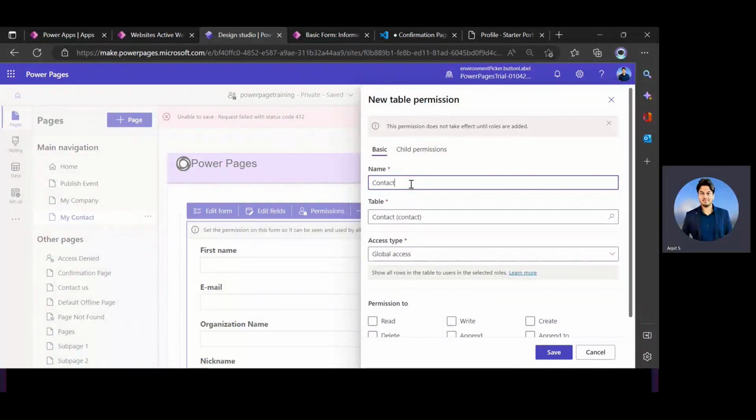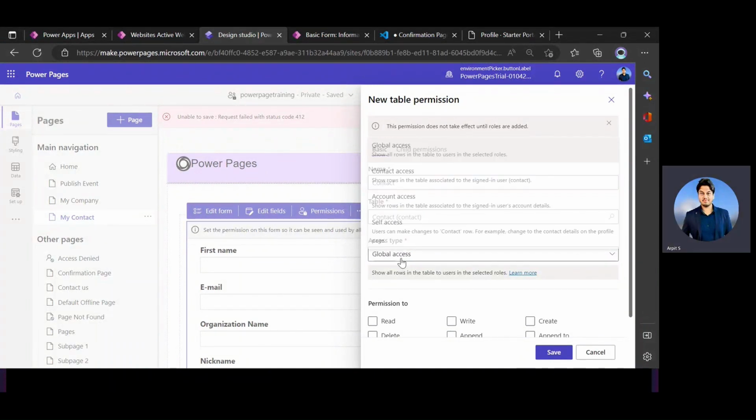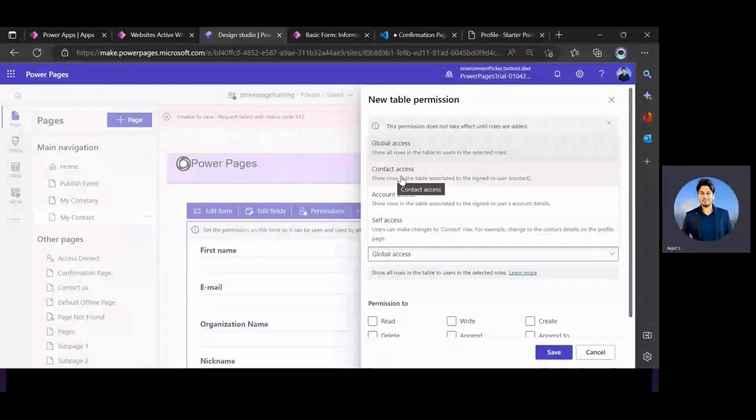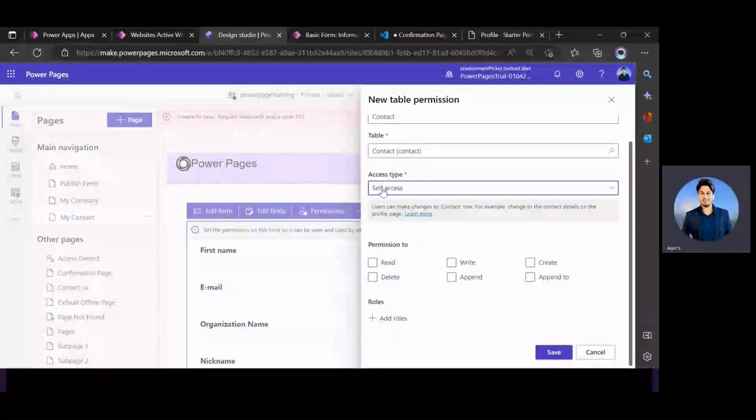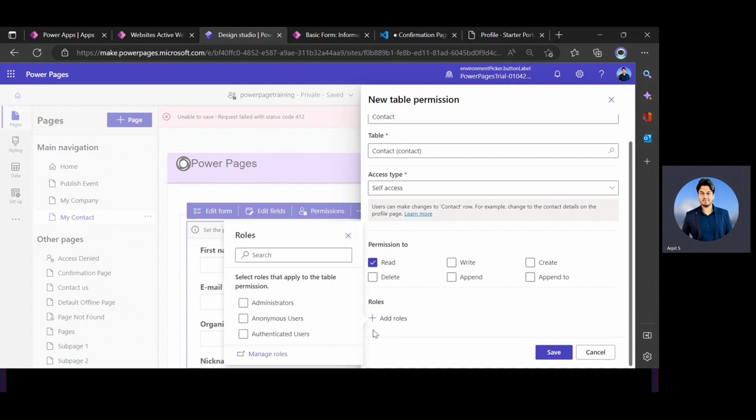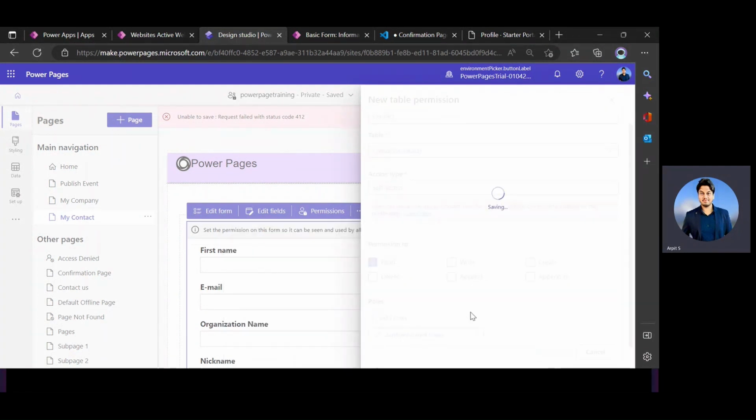Click contact. And here I don't need to provide the global access. I neither need to provide the contact access nor the account access. I can only provide the self access. So self is basically to access my contact record only, right? If I'm providing the self access, that means I only have access to my logged in contact. Since I want to access only my contact, I don't care about the other contact records. So I want to provide the read permission, add role, authenticated user, save this record,